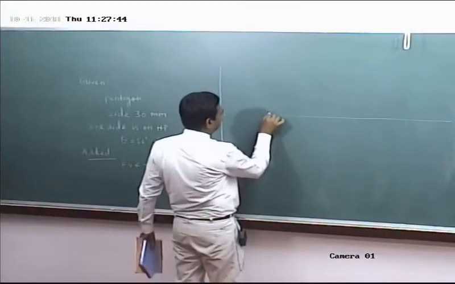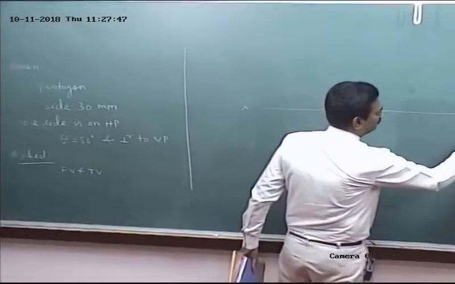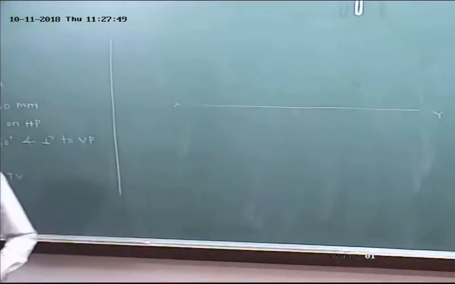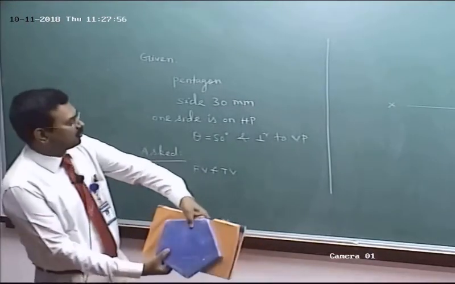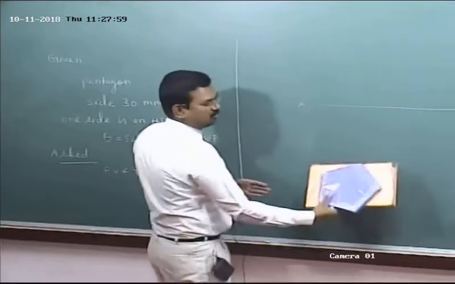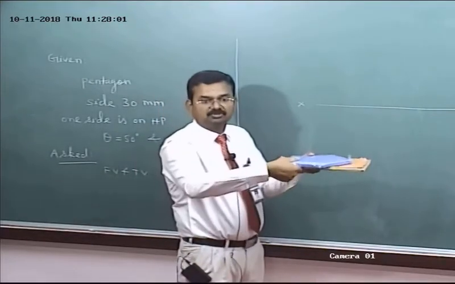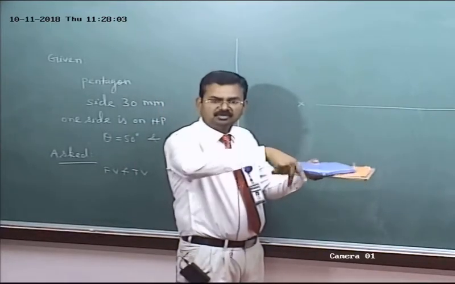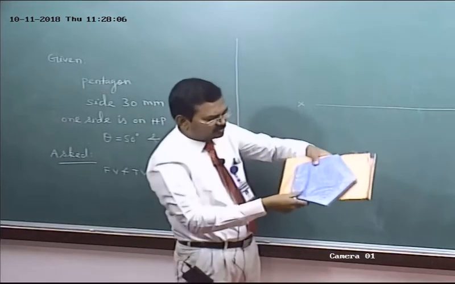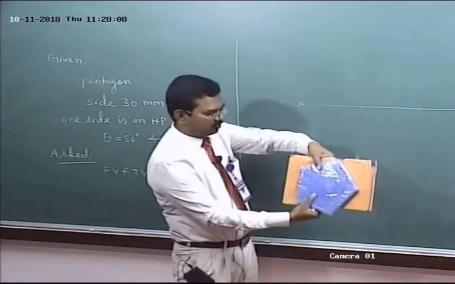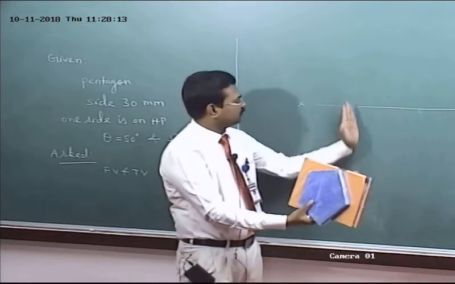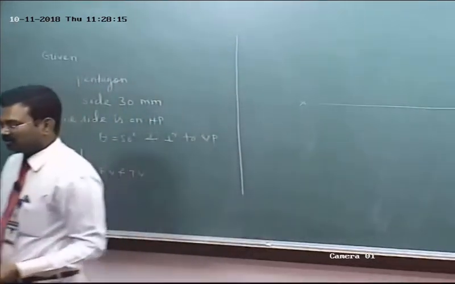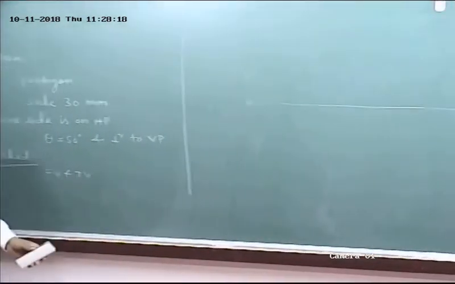So, reference line XY. Listen, what about the side in the top view? It is perpendicular to XY. Am I right? After rotation, the side AB is perpendicular to XY. After rotation, as per the orthographic projection principle, after getting the top view on HP, the horizontal plane should be rotated in clockwise direction for 90 degree. After rotation, the side will appear perpendicular to the reference line XY. At first, draw the side of the pentagon perpendicular to XY.